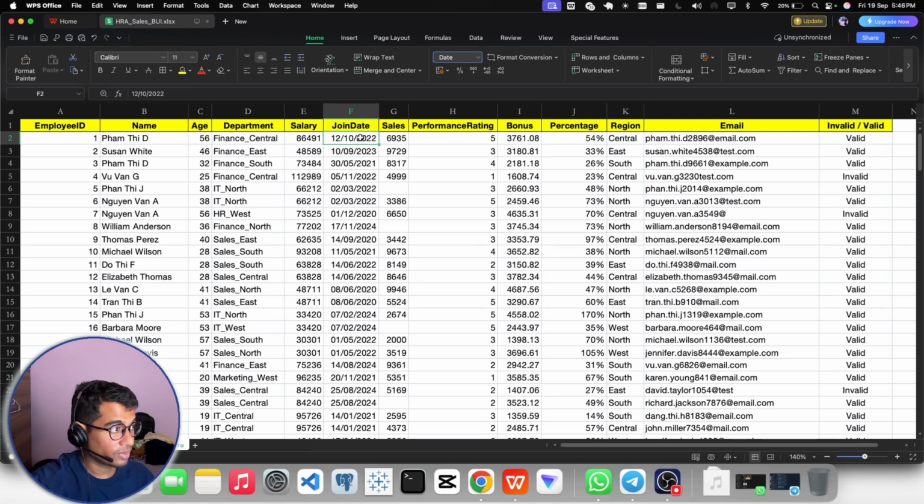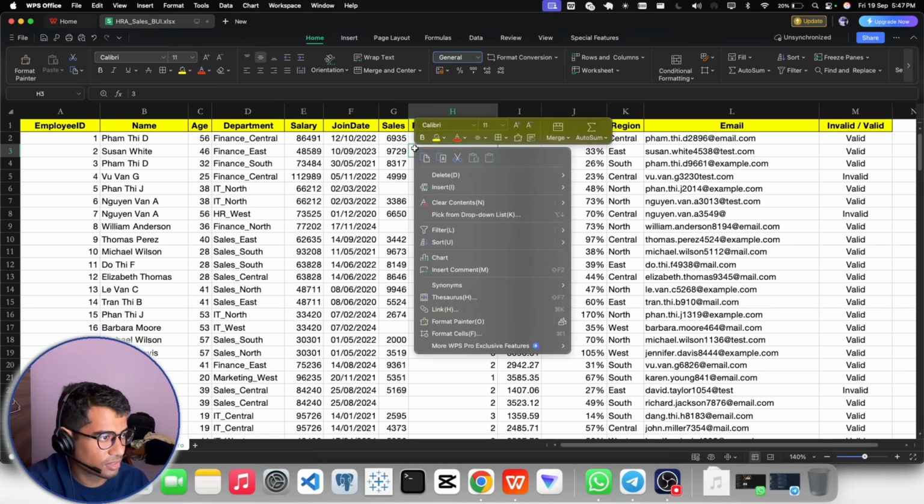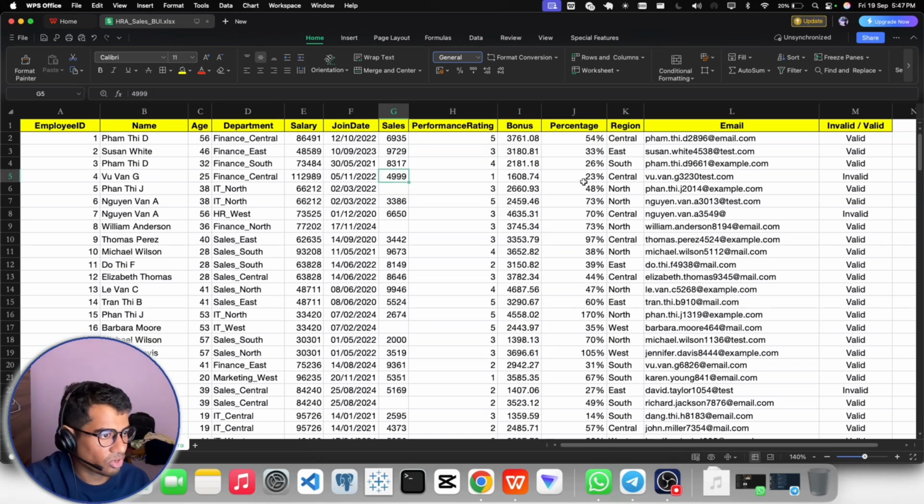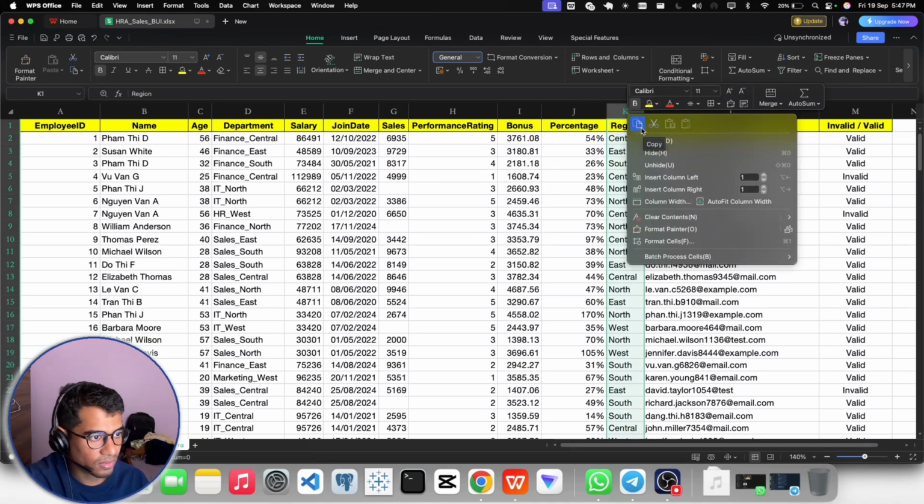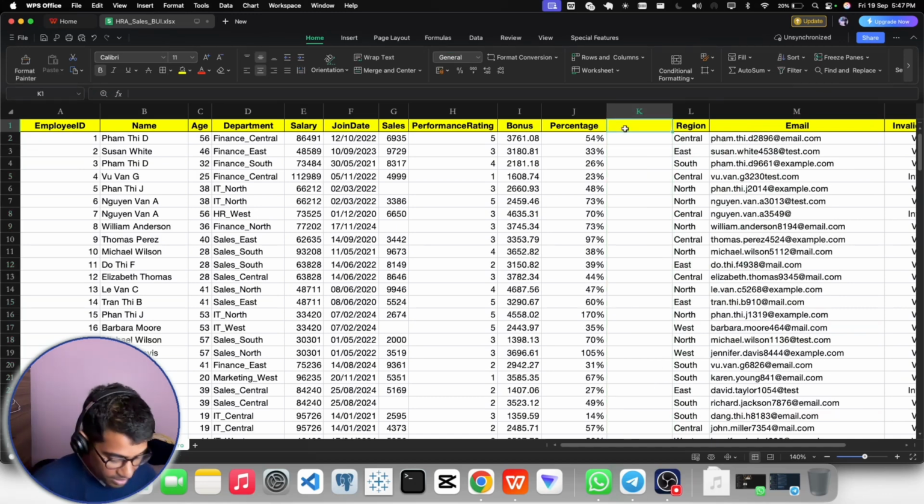So it is now in date format, and in joining date, someone is from 2022, 2023, 2021, 2020, 2024. Okay, so here we have seen one thing, the sales part is empty. No worries for that. I see some issue related to the maths part, so let us check one thing. Let us check this kind of